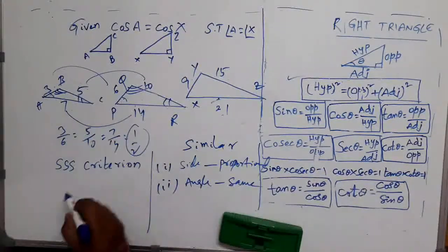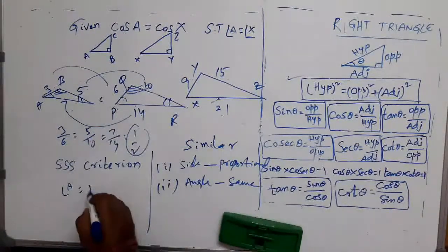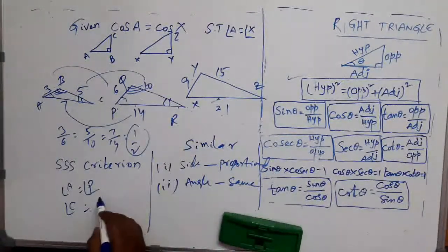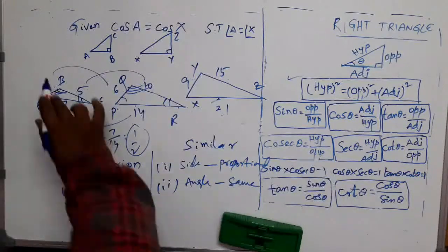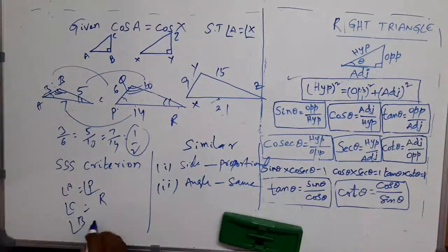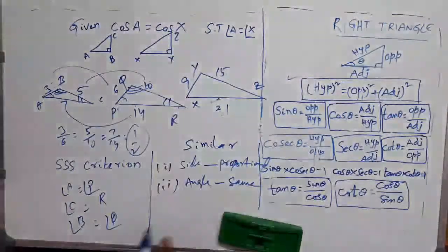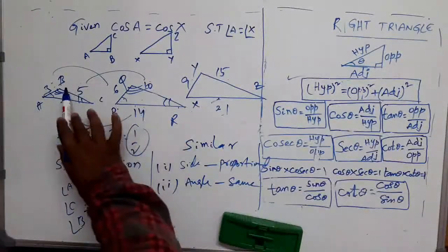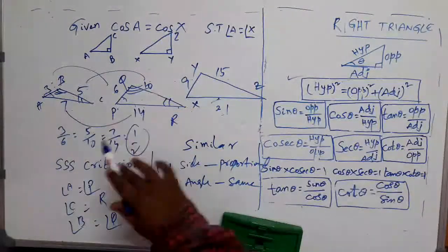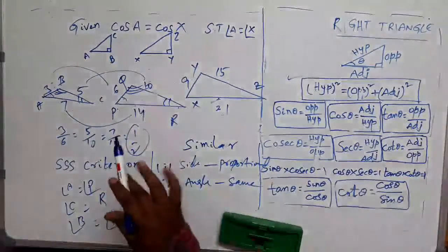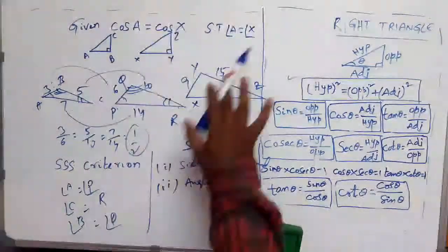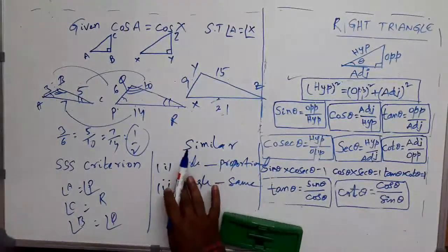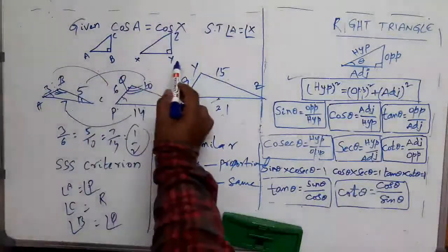This angle A is equal to angle P. I can write angle C is equal to angle R. In the same way, angle B is equal to angle Q. I can write, if I can prove that these three sets of sides are in the same ratio, I can say that the angles are the same using the SSS criteria of similarity of triangles. That concept we are going to use here in this question.